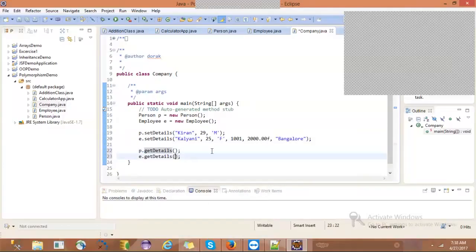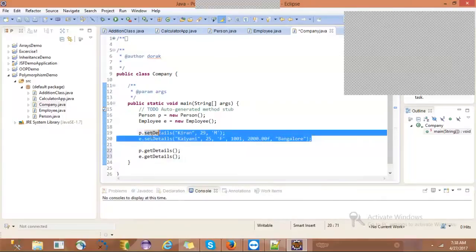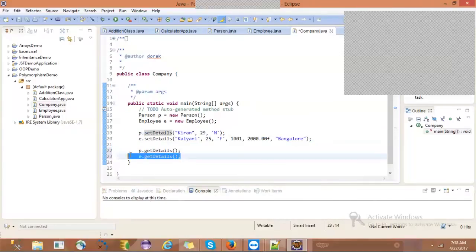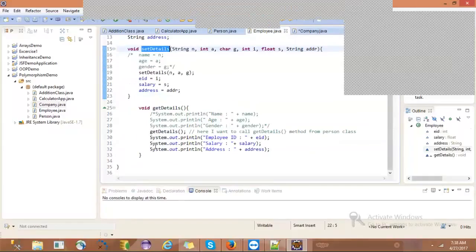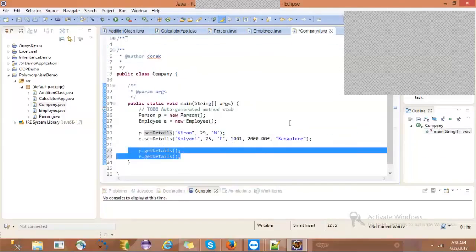So this set details method is an example of method overloading. These are overloaded methods, right? And the get details method is an example of overriding. So now, how we are using it, you just observe. Before, we understood how to create overriding methods in get details. Now we are trying to understand how this overriding method is being used in our user classes.